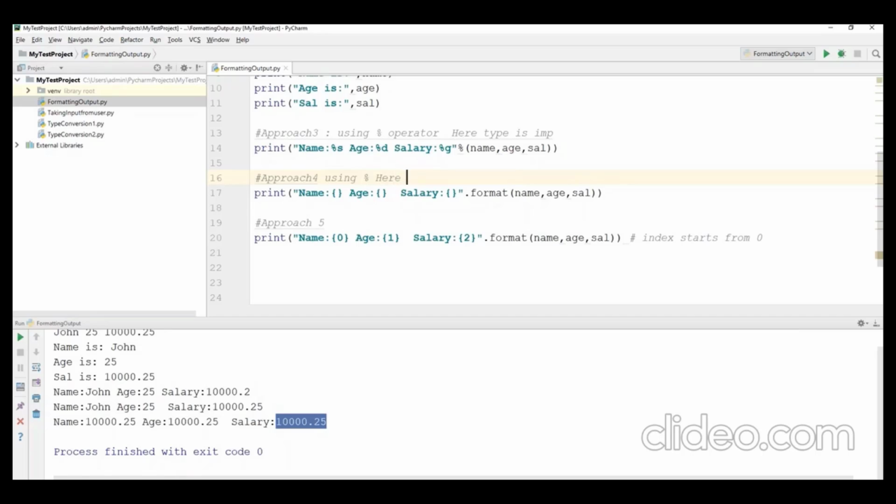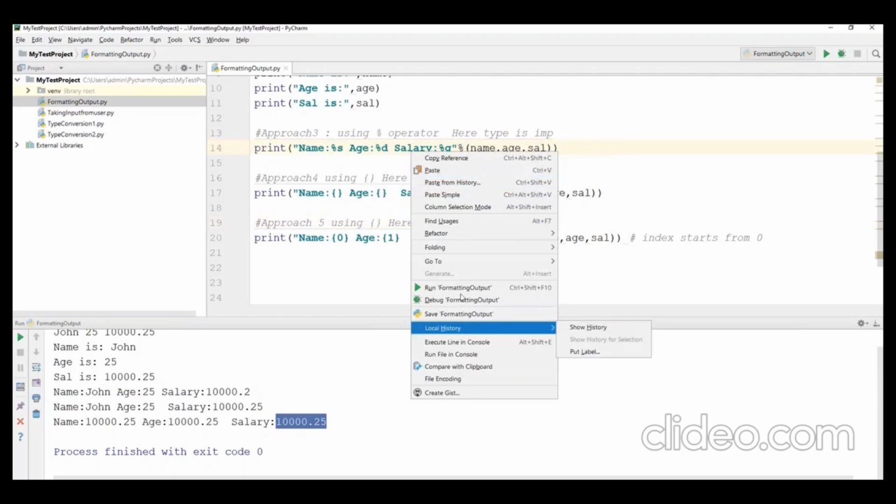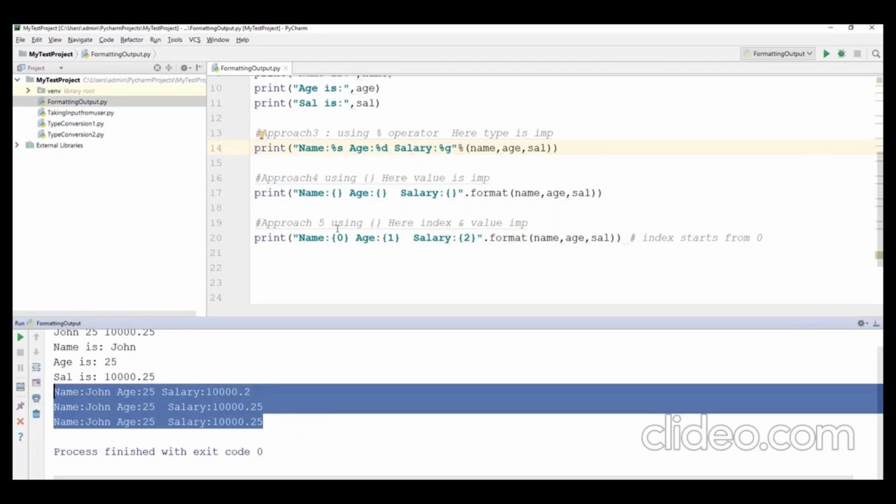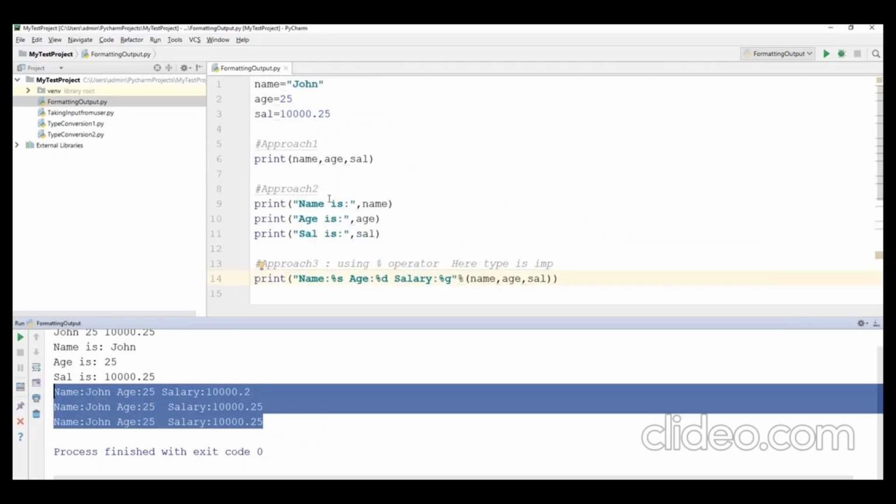Here we are using curly braces, right? So here also we are using curly braces, but here the index and the value, both are important. Now once again, if you run this code, you will get exact output here.